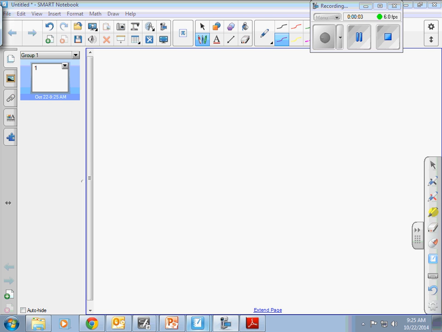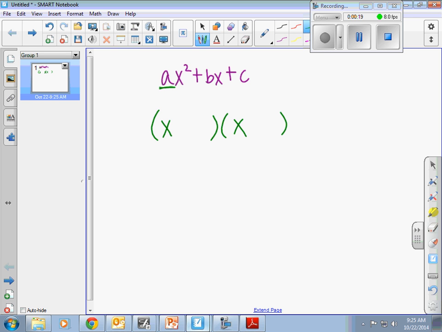Hello class, today we're going to go ahead and look at our second day of factoring. We're going to look at ax squared plus bx plus c. And so today what's going to be different is we will have a number in front of our x squared. One thing that I want to take note of is that if I were to FOIL this in the past,